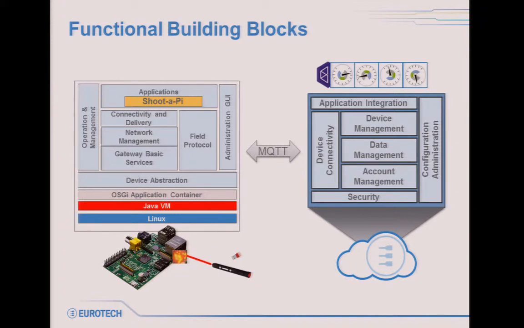To store in the long term the telemetry data, which is published on a hierarchical topic with a key value pair, once it arrives here it is stored in a database. This is the Cassandra database in this case, and they are stored over there. So it's a NoSQL database.